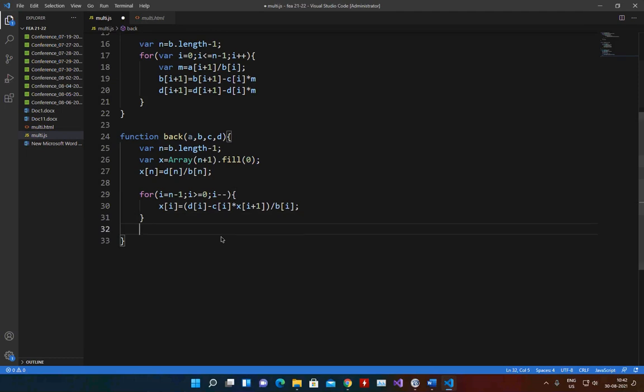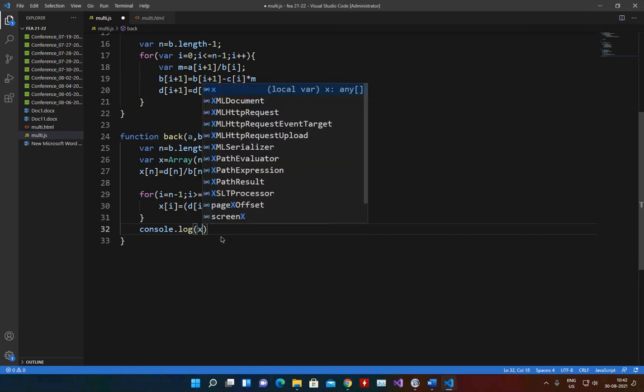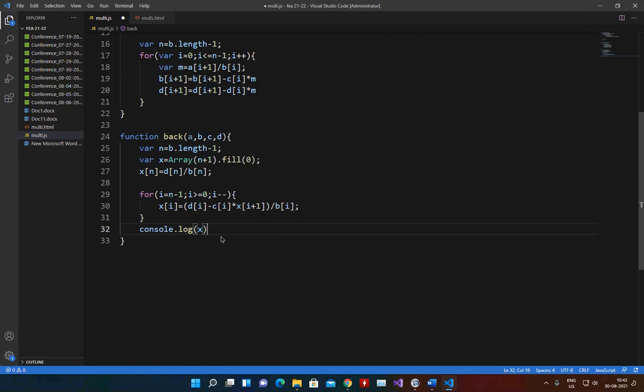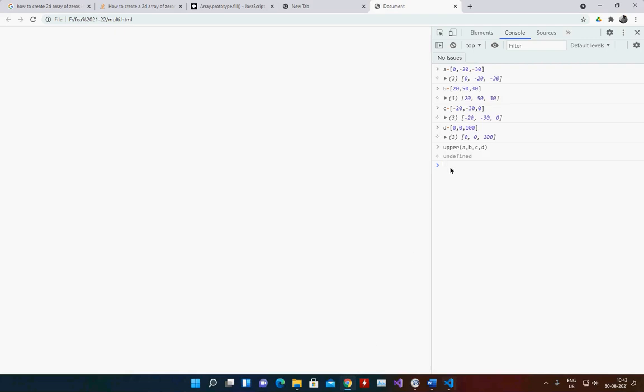So I need to say console.log X. I copy this and change the function on the fly.